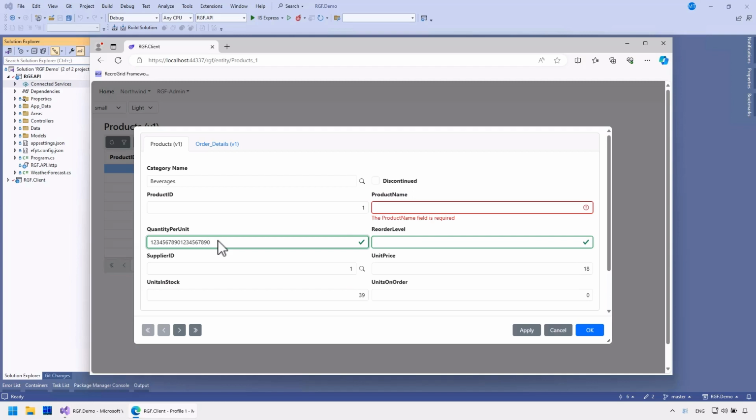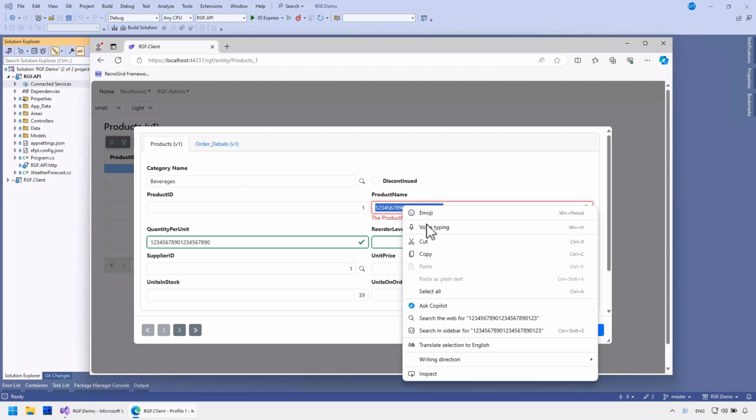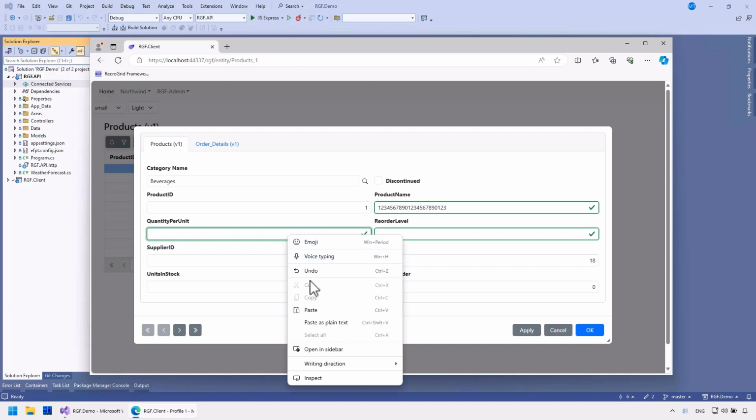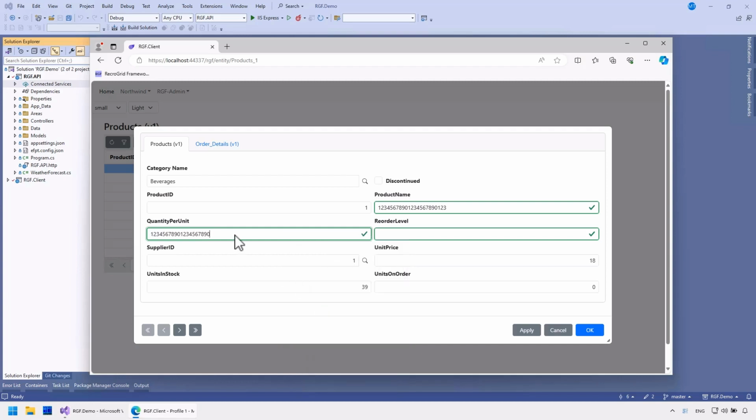I can't enter or paste anything longer than the defined maximum of 20 characters. So, these are built-in RGF client-side checks.